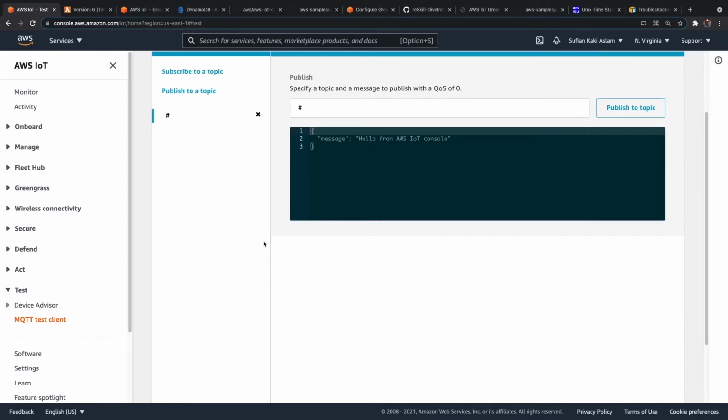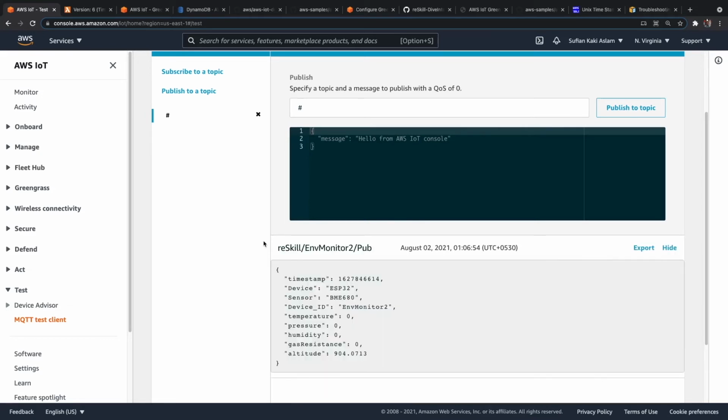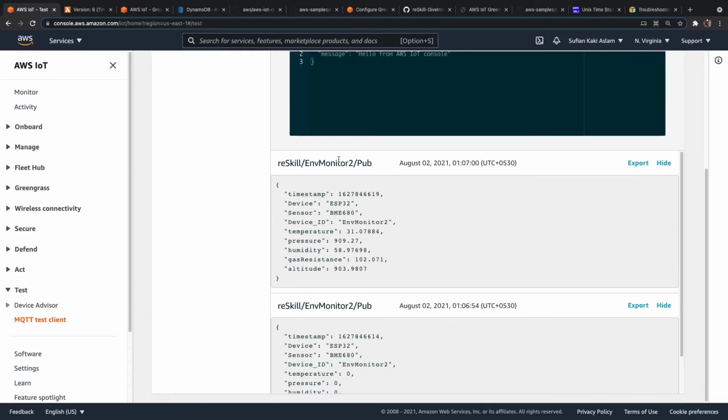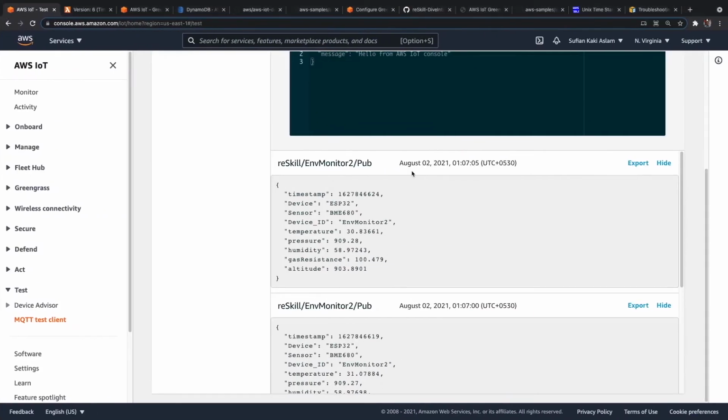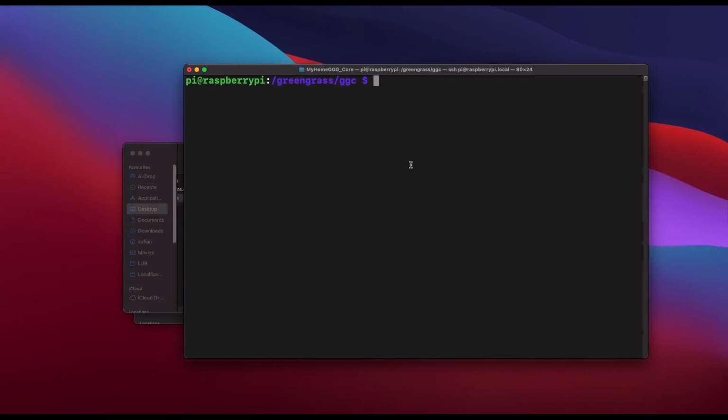I will just reset this as well, restart the devices. Okay, from the ENV monitor 2, we are getting the data. Let's quickly check what's with the ENV monitor 1 because we are not getting the data.